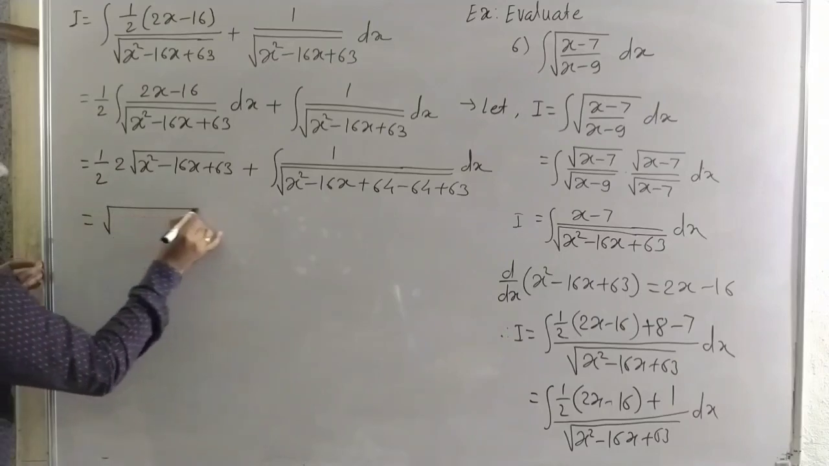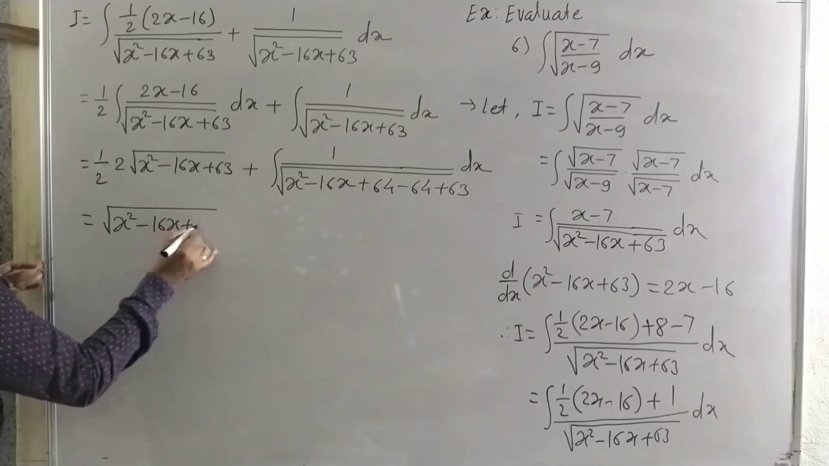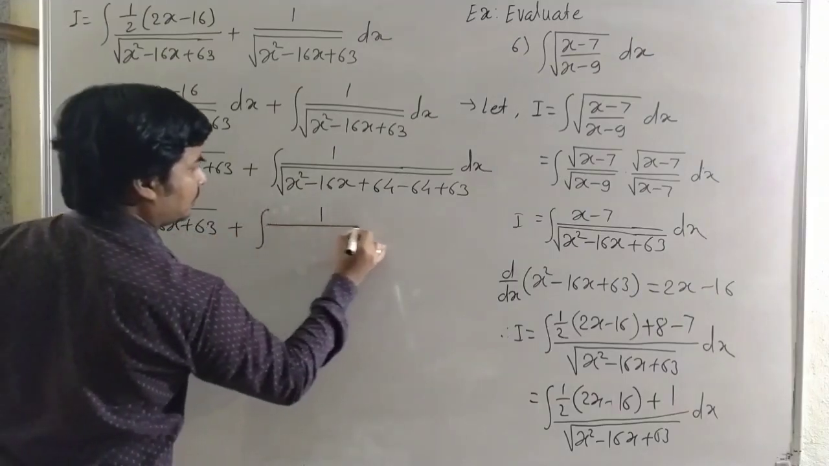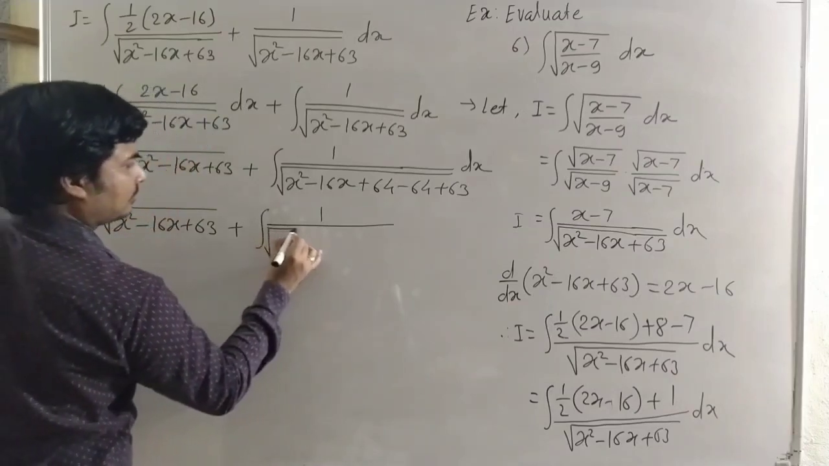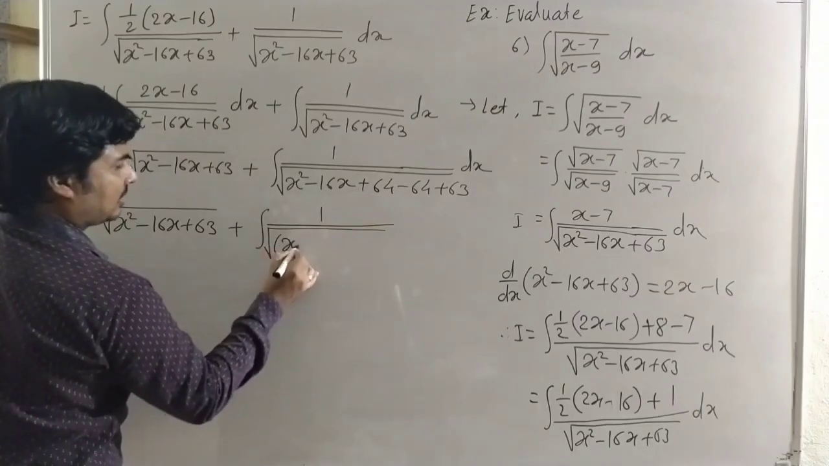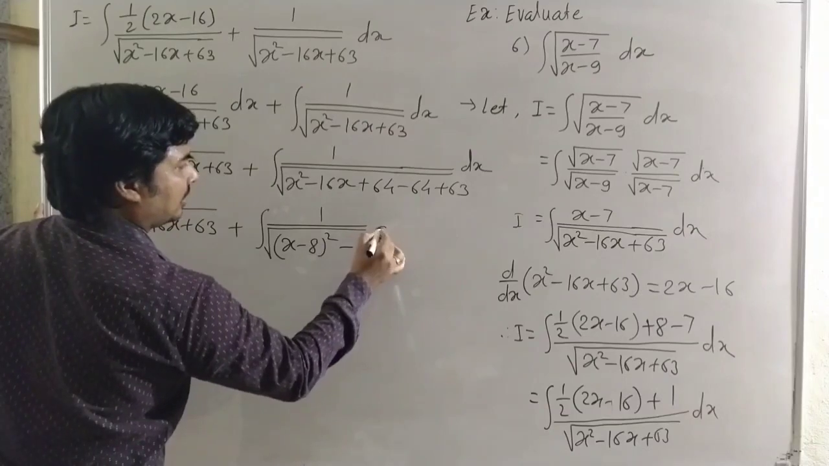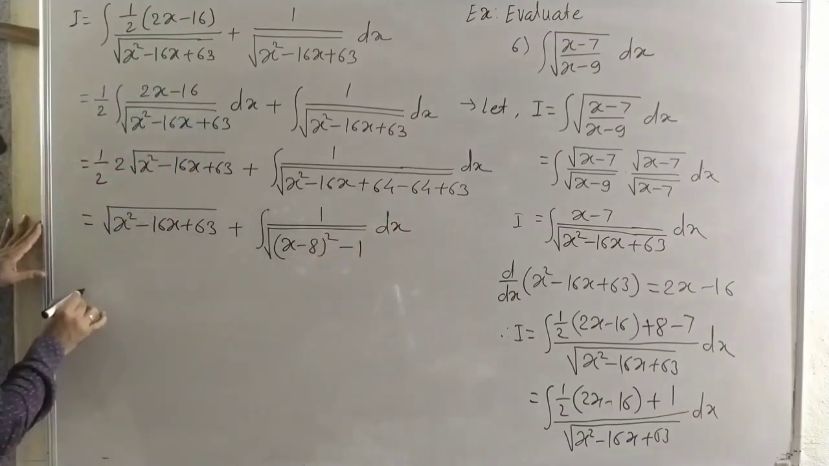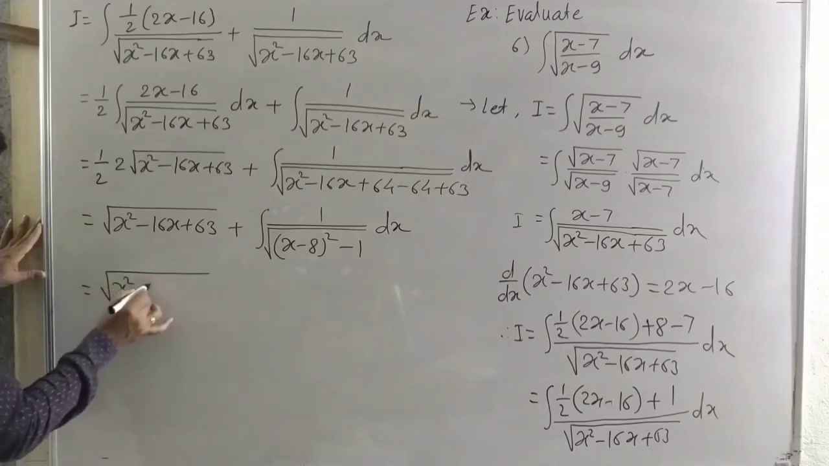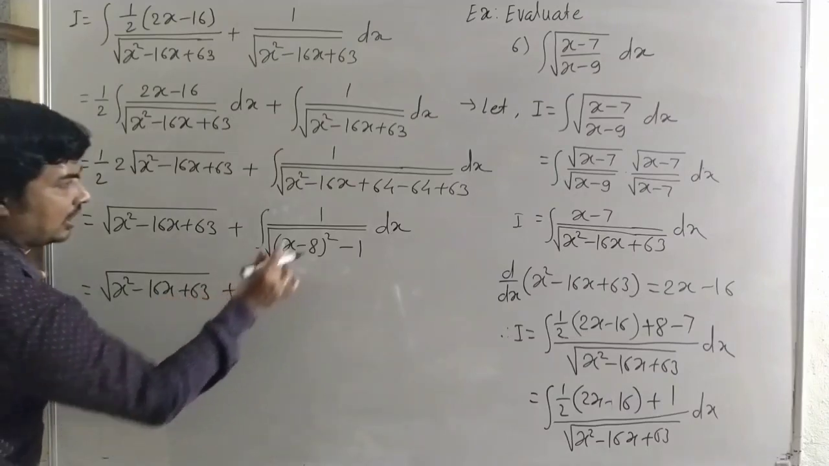The first term is x square minus 16x plus 63, plus the integral of 1 upon under root of (x minus 8) whole square minus 1 dx. Then the first term as it is, under root of x square minus 16x plus 63, plus 1 upon under